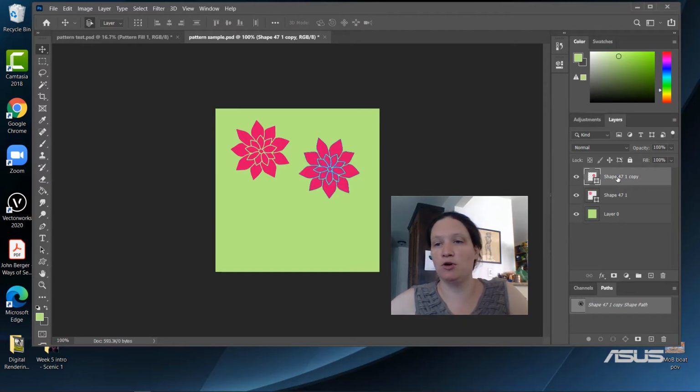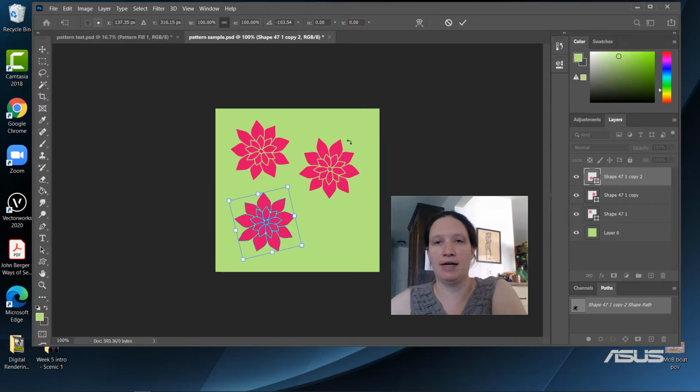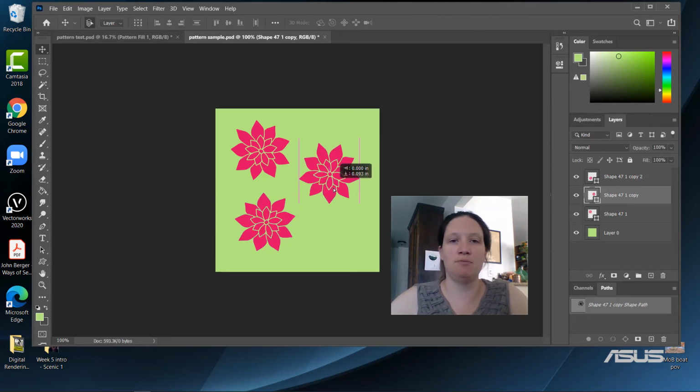So I'm going to just do one more of this flower, and then I'm going to see if there's another shape I like too, right? Another flower I like as well. So let's just take this third guy over here and transform it. We're going to rotate it in a different direction so they all look a little different, even though they're basically the same shape. And then I hit enter, or I click the checkbox in order to get out of those flowers. So I can pick them up and move them